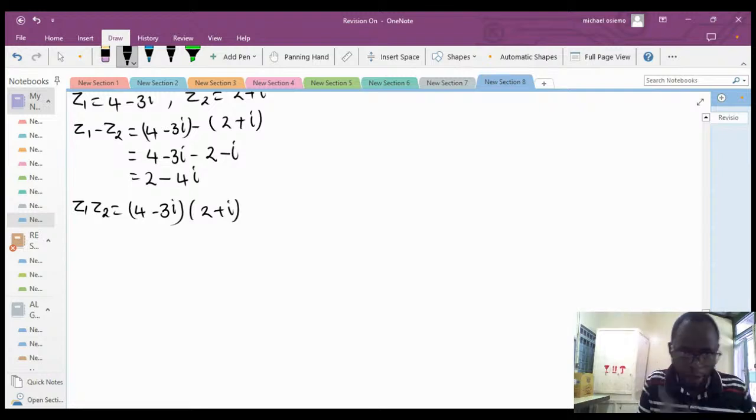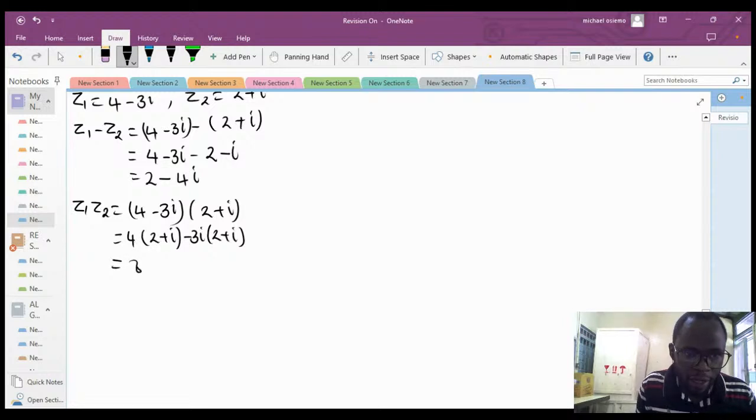So, in this we're going to have 4 into (2 plus i) minus 3i into (2 plus i). So when you open up this bracket, you'll obtain 8. 4 times i, you'll get plus 4i, then minus 6i, then minus